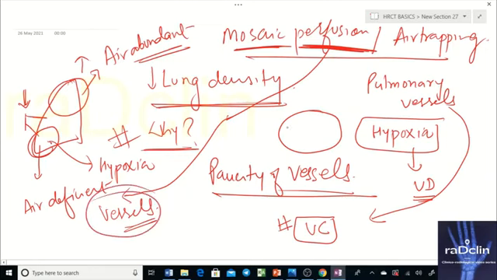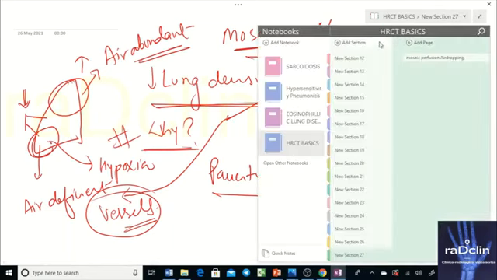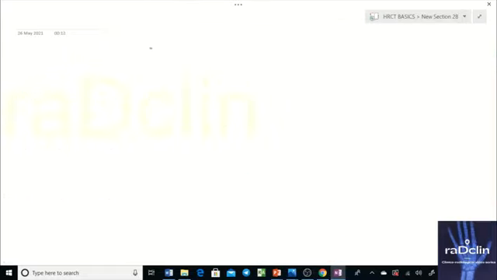Okay. And air trapping is a phenomenon that you see on the post-expiratory scan. Why? Because the already existent air in those particular areas is trapped. It's not able to get out. So mosaic perfusion is something where vessels are not there, but when you compare it with the post-expiratory scan, you see that air trapping is a cause of mosaic perfusion. Okay, so let's discuss one more concept, and this will make it finer. So, mosaic perfusion.